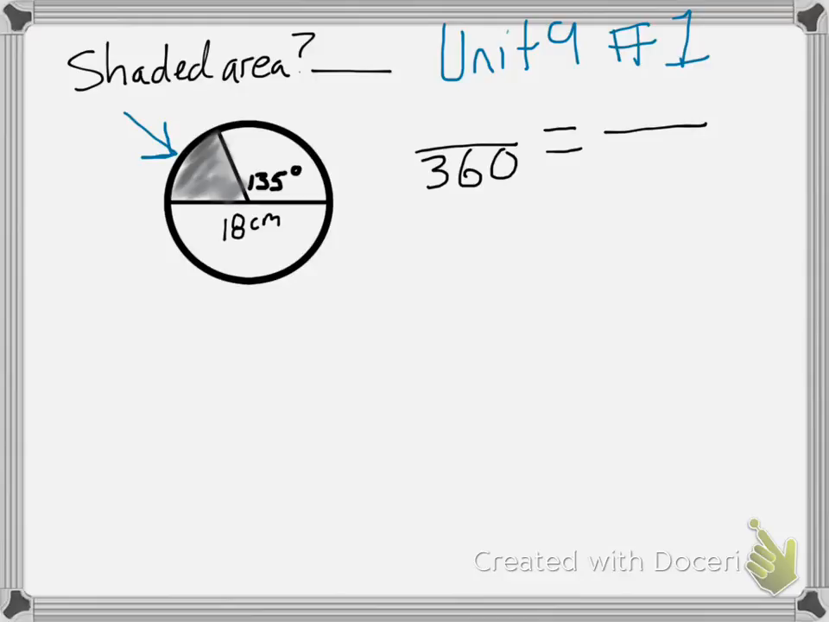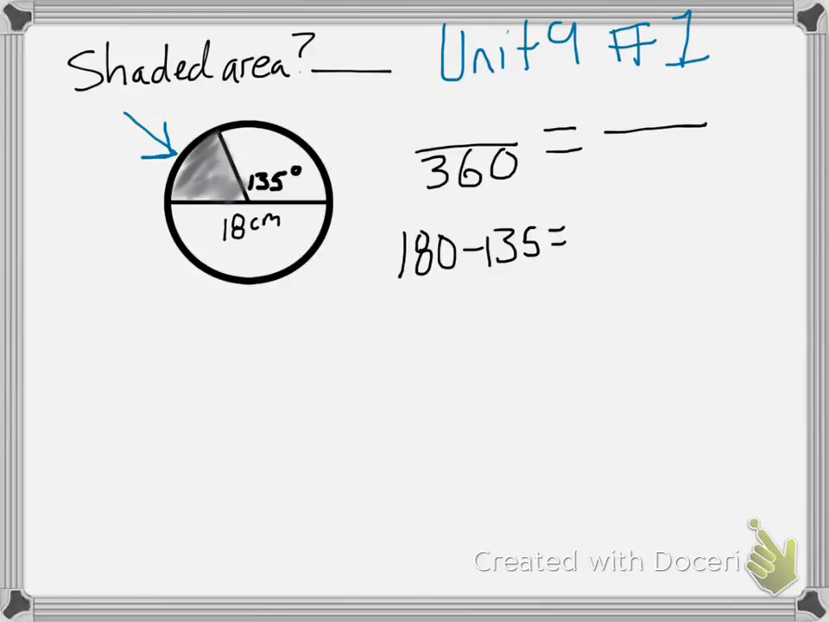The area proportion on the left side, 360, is always on the bottom. Remember, the bottom is the whole, the top is the part. So the top piece is the piece that's shaded. Houston, should the top piece be 135? No, it should not. Okay, what should it be? It should be